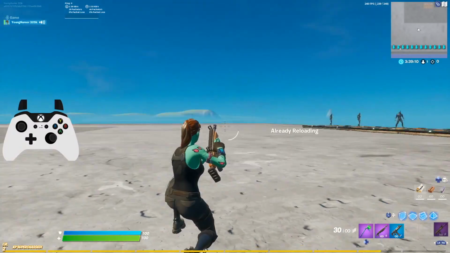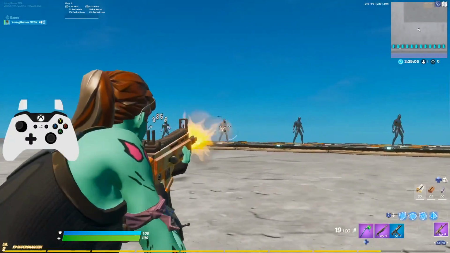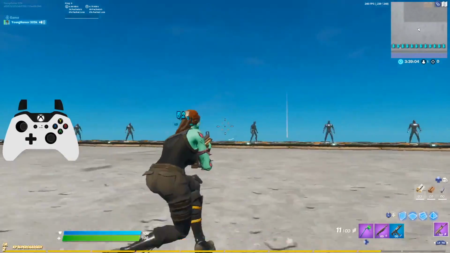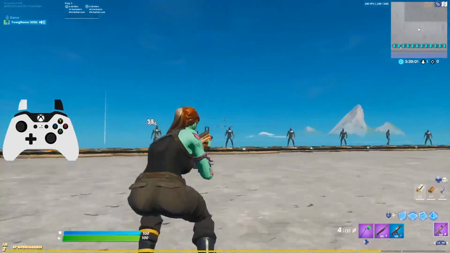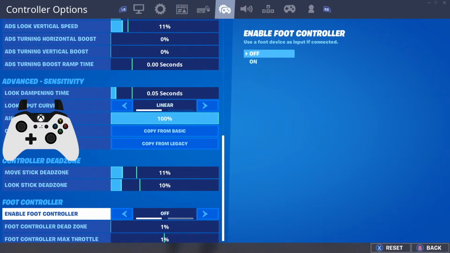Playing on a 48% and a 46% helps me just enough when it comes to flick shots and turning around, but at the same time having a low enough vertical where I'm not overcorrecting or missing too many shots that I shouldn't. And going into my last sensitivities, I do play an 11% move stick dead zone and a